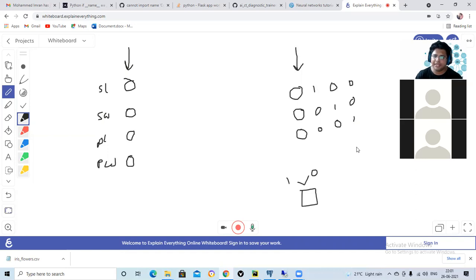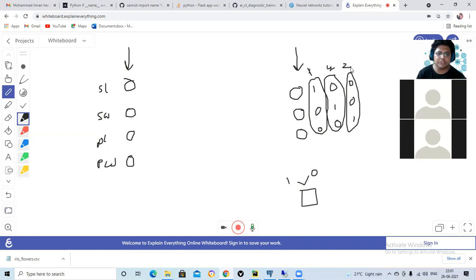Right? This way you can have it. When this configuration is the output, then what do we say? This is, let's say, the first class, iris x. This is for the second class y, and this is for the third class z.